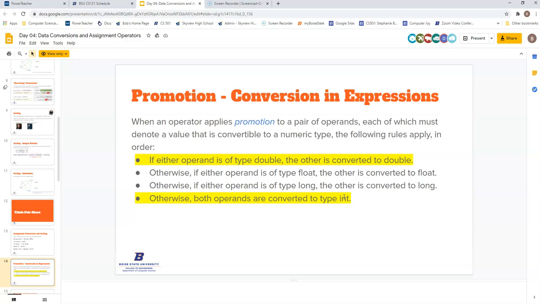Okay. Promotion, conversions, and expressions. So when an operator applies promotion to a pair of operands, each of which must denote a value that is convertible to a numeric type, the following rules apply. So operators are either side of the equal sign. Operands are the individual numbers or different things that are going to be added, subtracted, divided on each side of the equal sign. So an operand is going to be the numbers, like say for instance if you had an equation, x equals 3 plus 5, x and the equal sign are going to be operators, whereas the 3 plus 5, 3 and 5